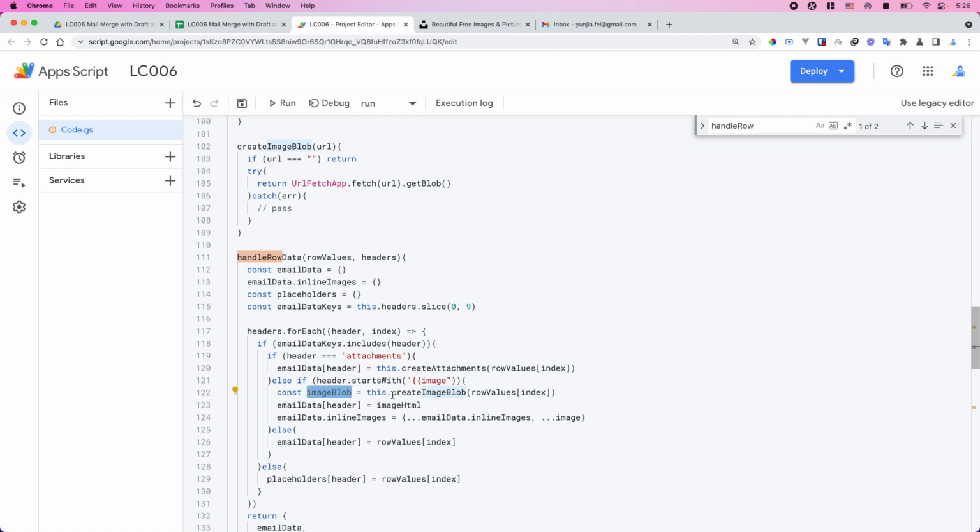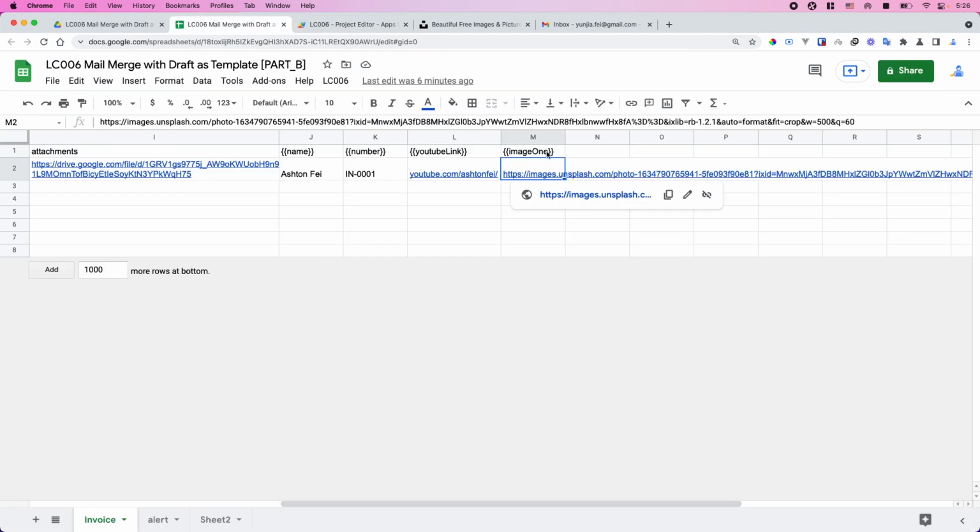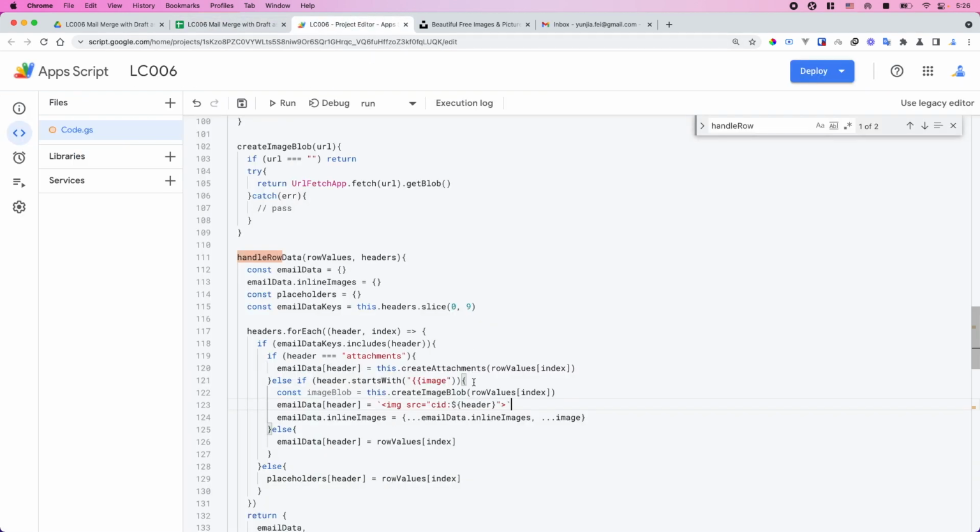So this is the image blob, okay, with this URL. And this email header is equal to something like that, because we're going to have an HTML tag for this image, and then we have a source. The source equal to CID and the key. The key will be the header. Okay, so this is the key, the header. So this is the HTML tag,